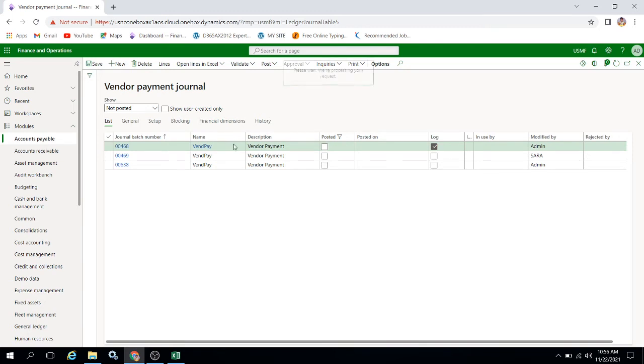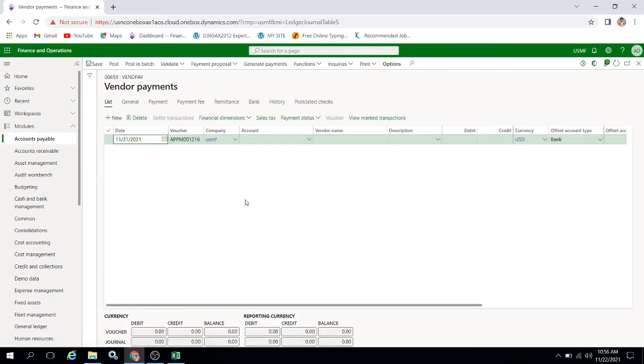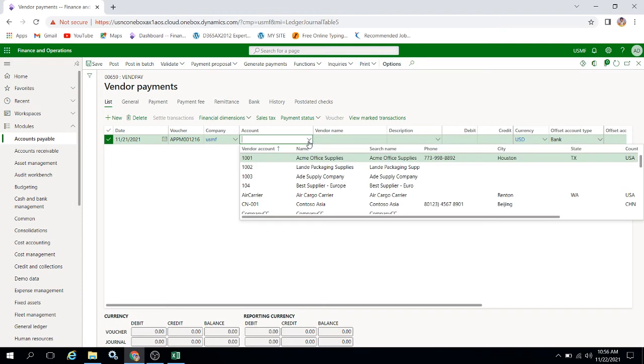Taking new and selecting the journal name, lines, and I am selecting the vendor.